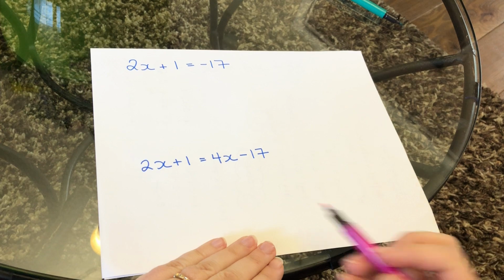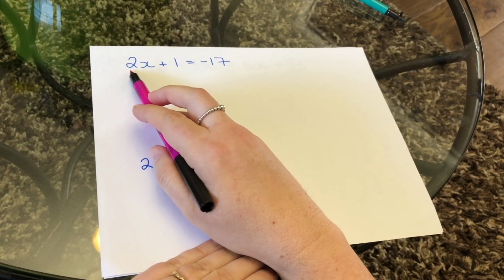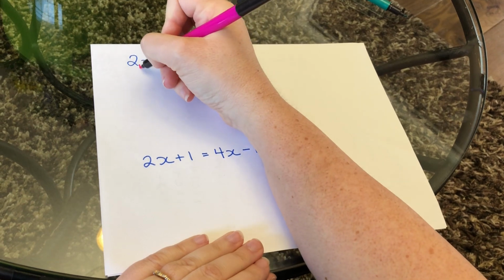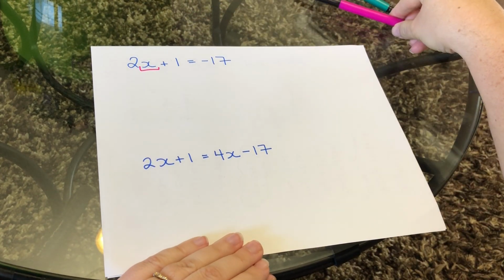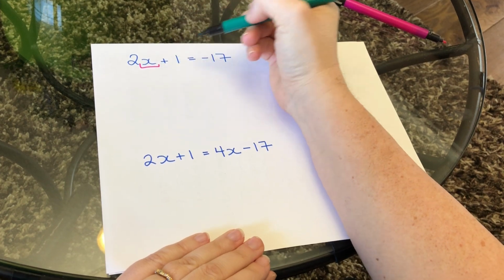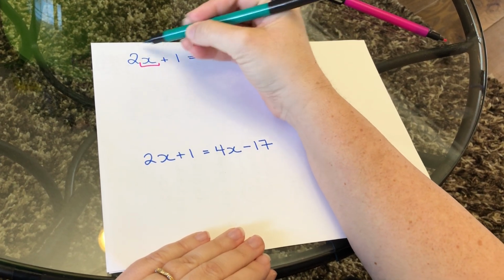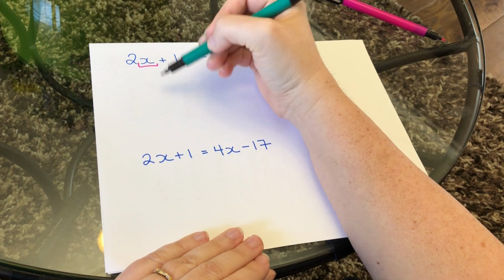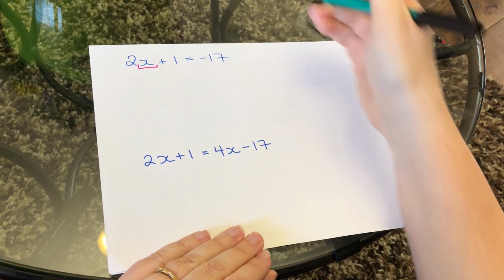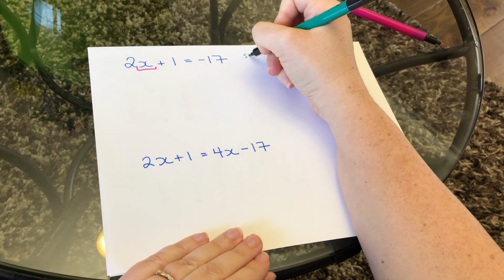So just as a quick warm-up, if we have the equation 2x plus 1 equals negative 17, if I want to figure out what value of x will make that equation true, what I want to do is get rid of the 2 and the plus 1 attached to it, undo all those numbers around it, and then be able to isolate for x to figure out what it would be equal to in order for this to be true. So remember we talked about the idea of SAMDEB